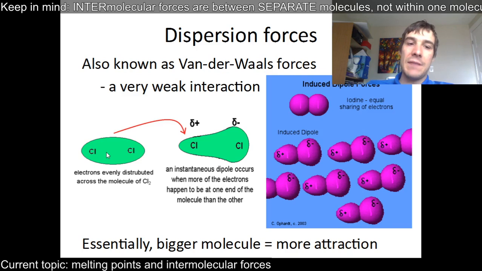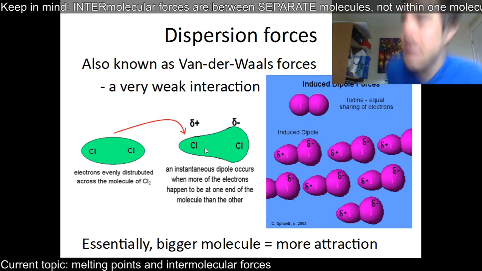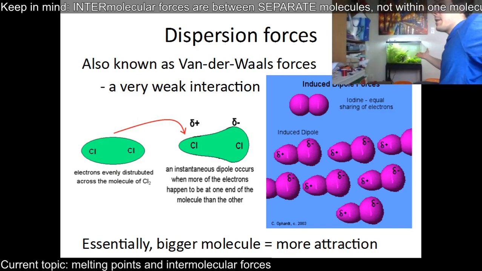To explain it, you have to remember that it's a cloud of electrons around this thing. And every so often, some of the electrons are going to be more on one side than the other. This is called an instantaneous dipole, right? It just by accident, some of the electrons are more on one side than the other. I like to talk about it in terms of my fish tank, right? I've got a fish tank back here. There's a couple of fish,